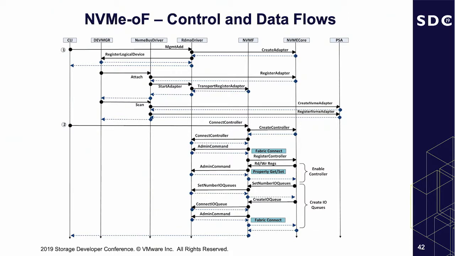That's on the leftmost side where we have the CLI, the user-triggered action, which creates that software adapter. It registers a logical device in our native device manager, which then walks it through the whole state machine of attaching and starting the adapter and scanning the adapter. This is all from a software driver perspective. Once the